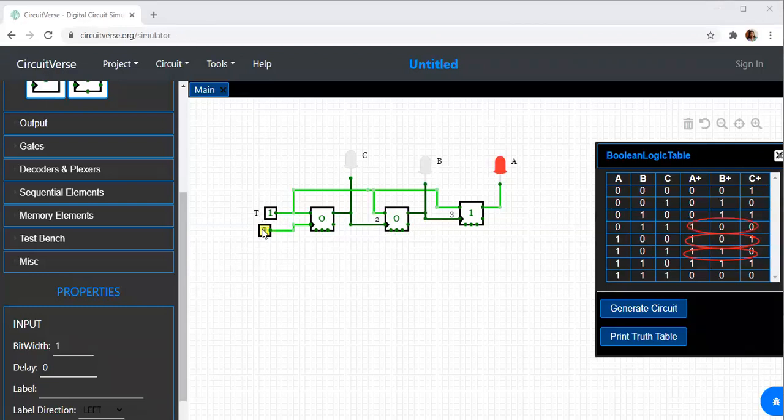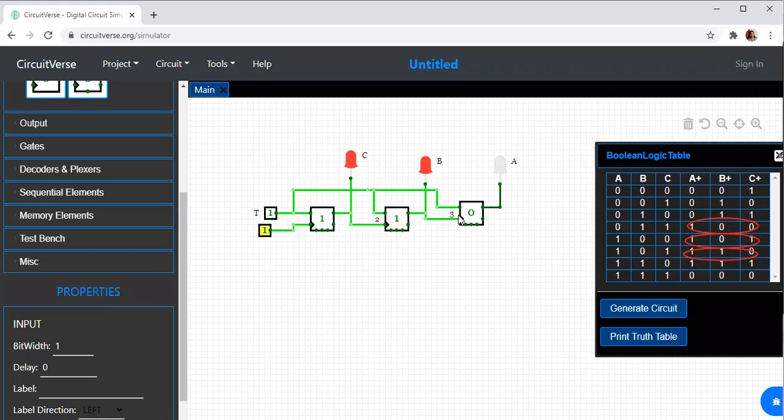When I give the next clock, the next value will be 0, 1, 1. So what is happening exactly over here? Using T flip-flops, if I design a counter and connect Q bar as clock, it is acting like an up counter. If I connect Q as the clock, it is acting like a down counter.